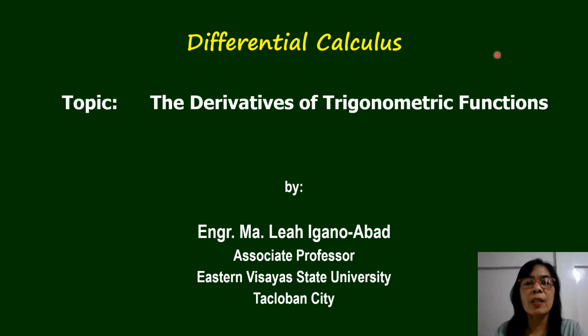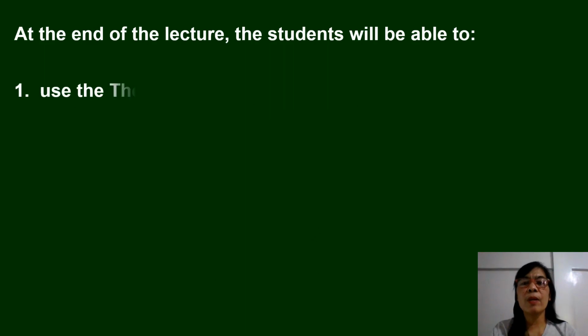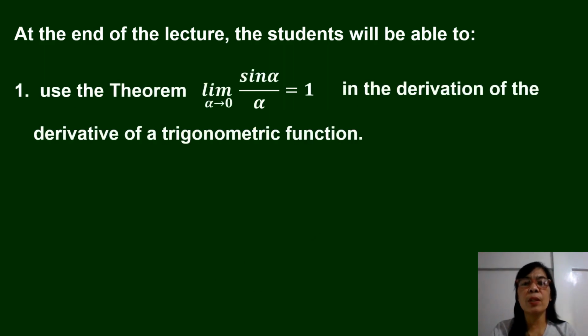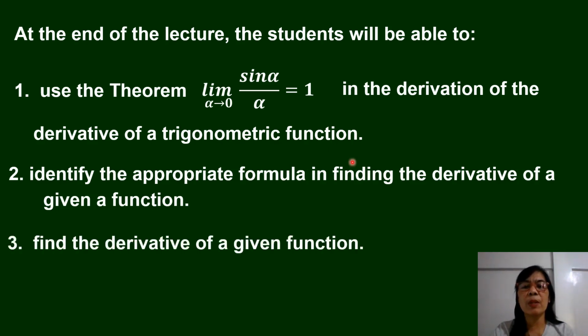Today I am going to discuss the derivatives of trigonometric functions. At the end of this video, you are expected to be able to use the theorem, the limit of sine alpha over alpha as alpha approaches 0 is equal to 1, in the derivation of the derivative of a trigonometric function. Identify the appropriate formula in finding the derivative of a